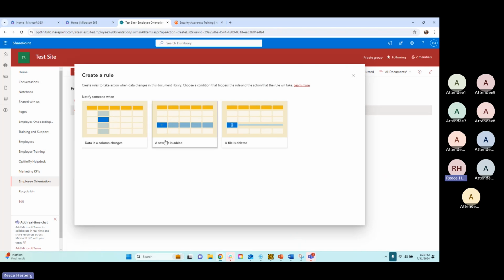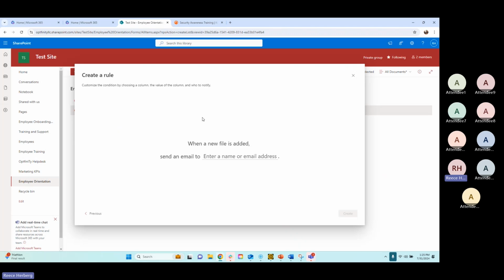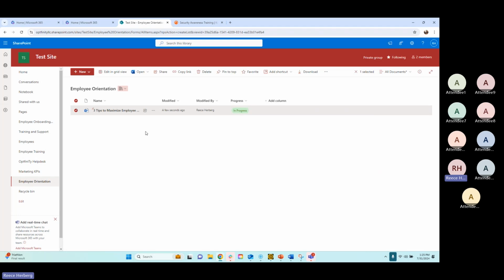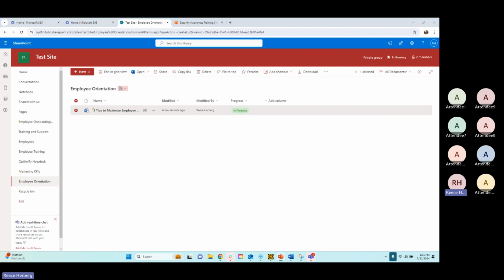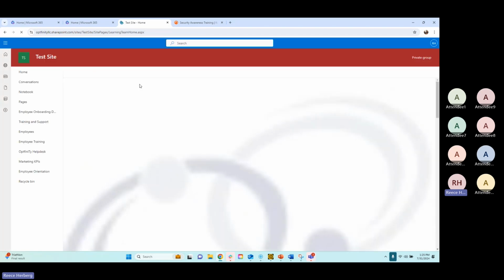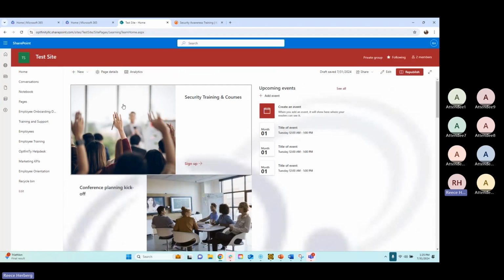But for example, if I wanted to create a rule for when a new file is added, send an email to whoever it was created by, whoever it was modified by, or to me if I'm the department head. And again, you can create different rules, I'm not going to go into each and every one of them, but if you're not currently using rules to automate some of these features for yourself, I encourage you to play around with it and see how it helps you shave down on time. All right, so moving on to a different feature of your SharePoint interface, we're actually going